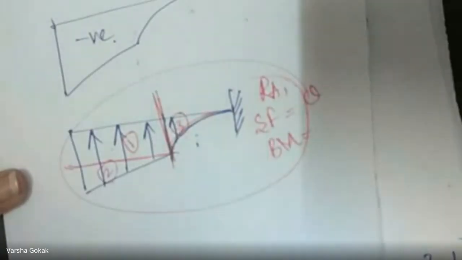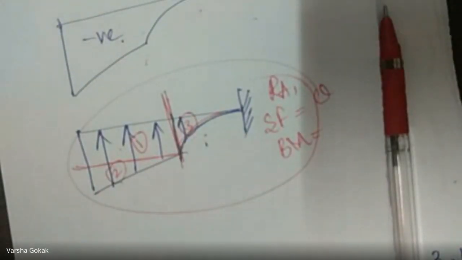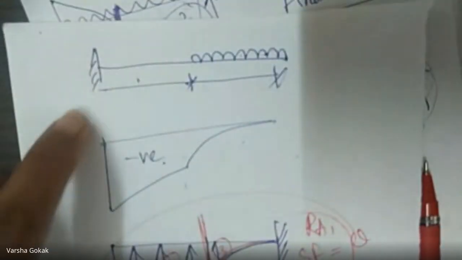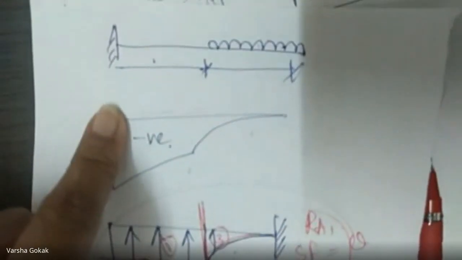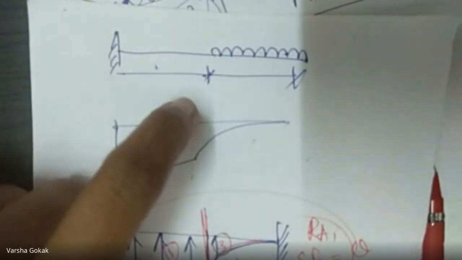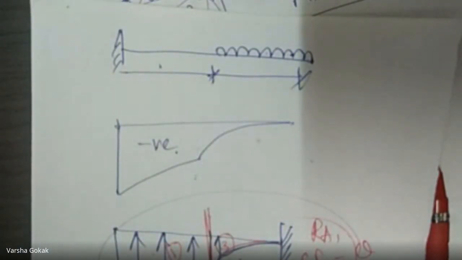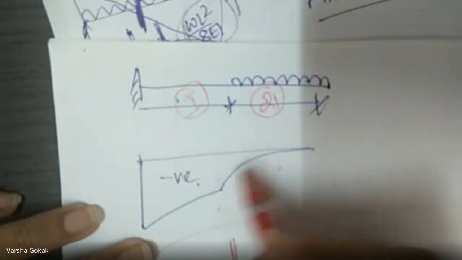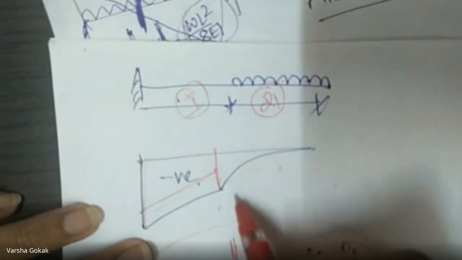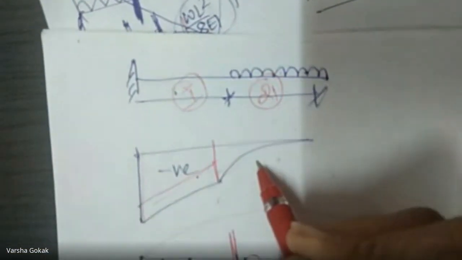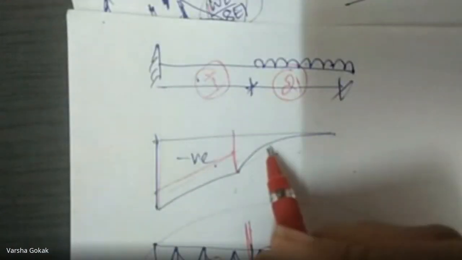So this set of numericals I will be starting tomorrow. I will give you here 20 kilonewton per meter. The beam is of 4 meters, 2 meters length, and in these 2 meters nothing is there, or a point load comes. For such cases, we have to obtain the slope and deflection at the free end, or if it is a simply supported beam, at the simply supported end, or I can give you here 2I and I. Moment of inertia is changing. So in the M by EI diagram, it varies now. It becomes like this because the 2I and I values will change. So the numericals related to this, I will be starting tomorrow.